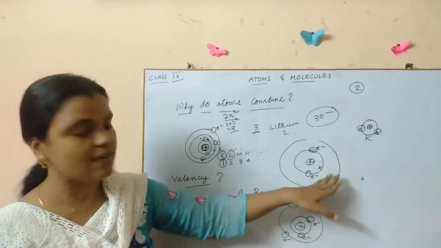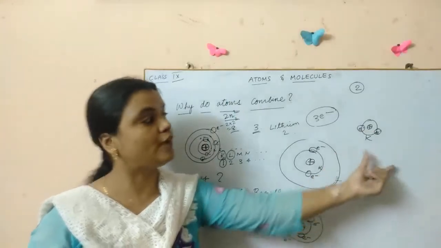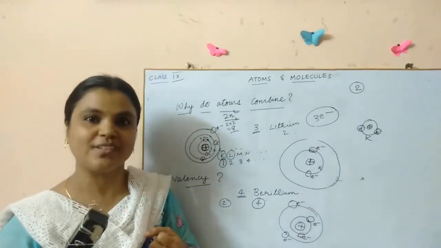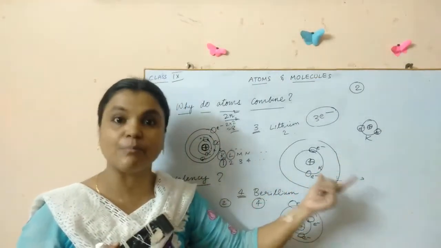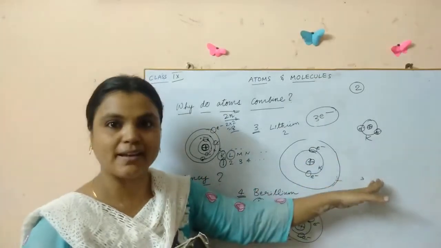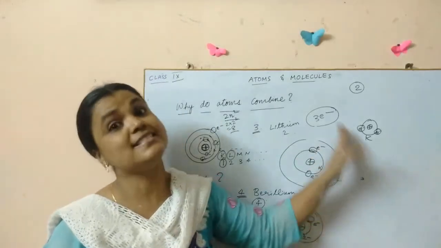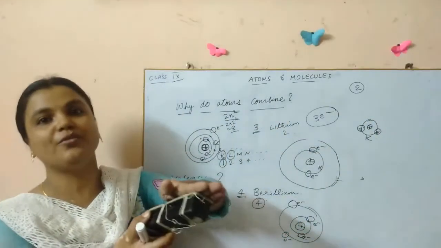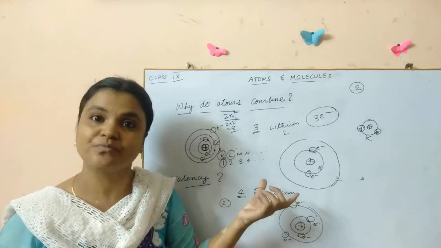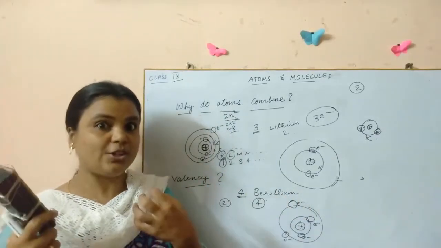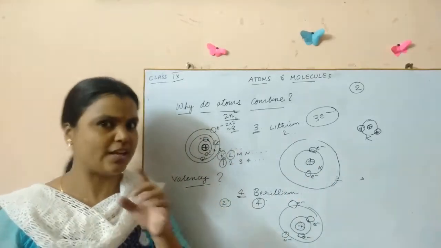So now, what is the easy way I said here? It should give away its electron. So in order to give away, it should combine, it should find another atom which takes the electron. It cannot just give away like that. What it has to do? It has to find another atom which can take this electron, and in that manner there will be a bond formed, because one atom is giving an electron, another one is taking an electron, and in that way a bond will be formed between 2 atoms. How should be the nature of the other atom, children? It should also get 1 electron in order to become stable. Such atoms only combine. Did you understand what I am saying? Are you getting the point?